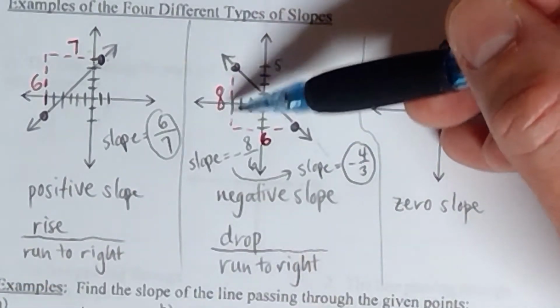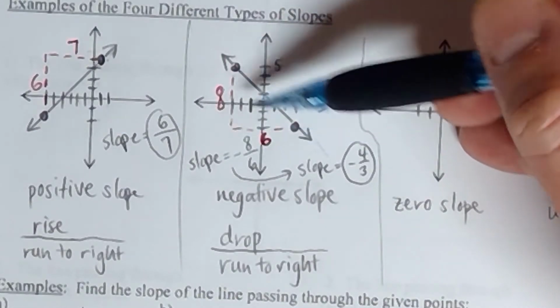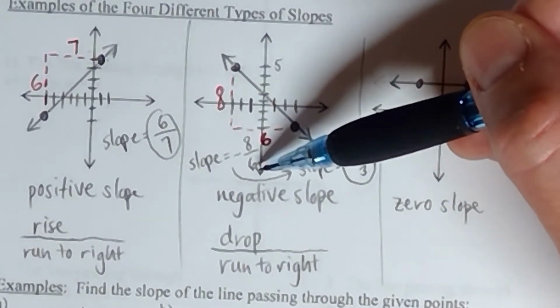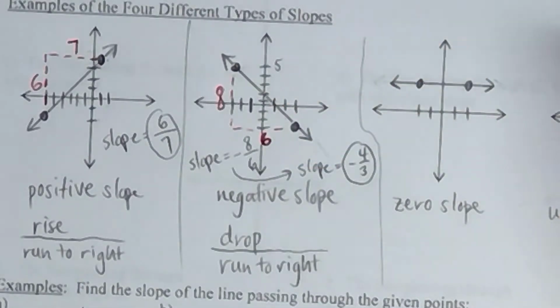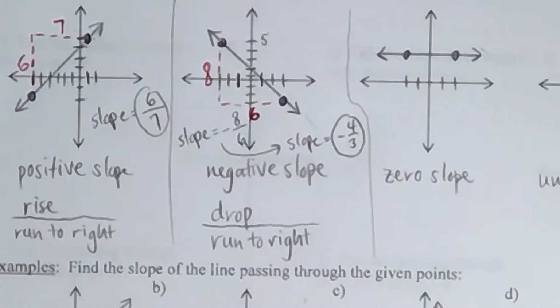And then we drop and run to the right. Dropping and running to the right gives me 8 and 6. And so the answer there is negative 8/6, which reduces down to negative 4/3. Now, as we go on into the last two types of slope here,